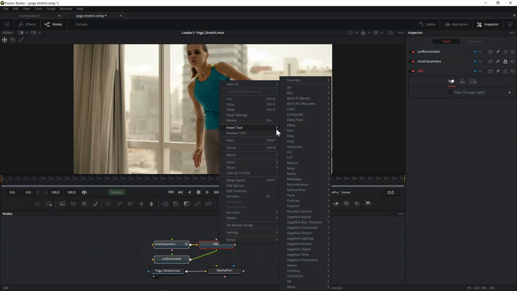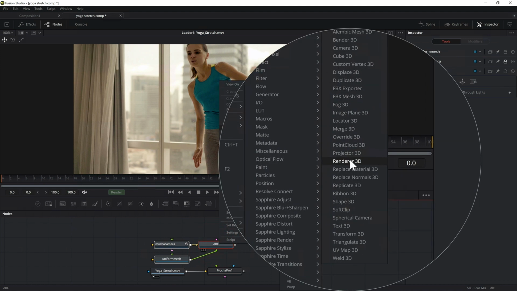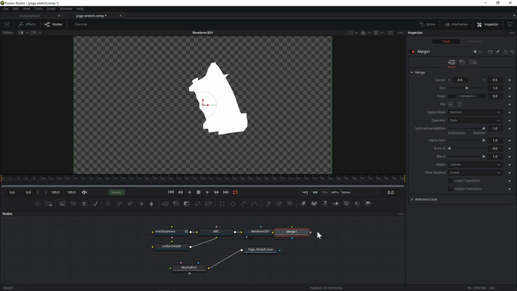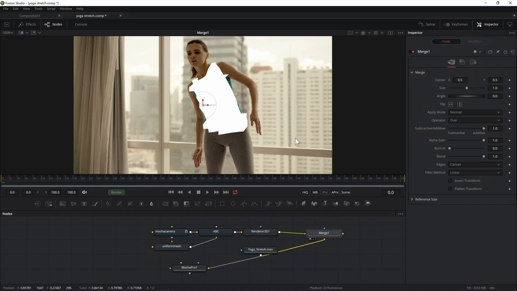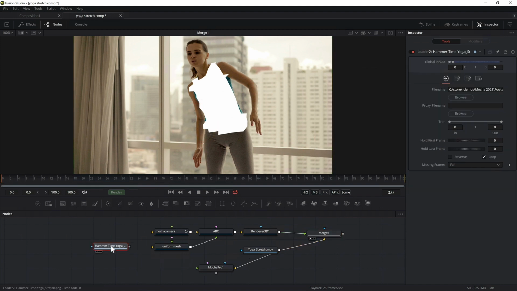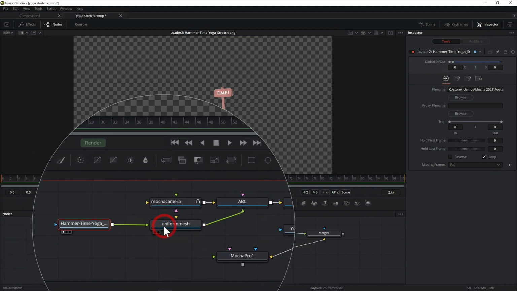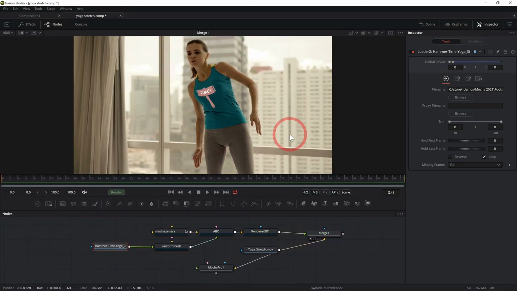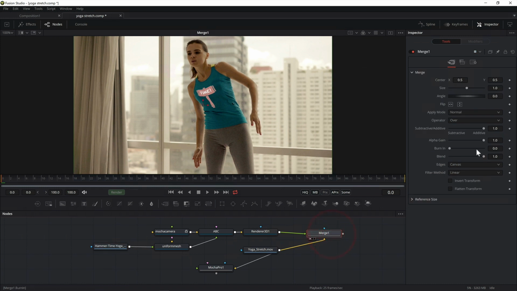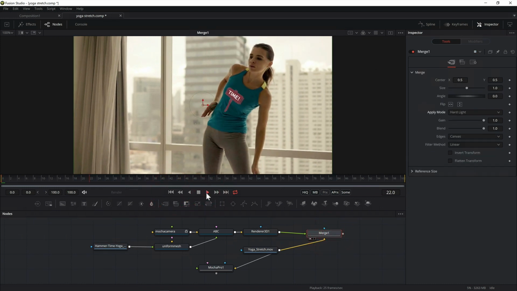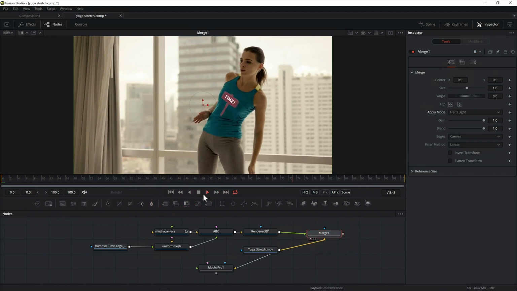Feed in the ABC node into the input of the Renderer 3D node. Merge the Renderer 3D node over the top of your source footage node. If you view the Merge node, the mesh should now be correctly projected over the top. Add an image or material to the input of the mesh node that is the same name as your Mocha layer name. This will then project the texture onto the mesh. Scrubbing the timeline will now show the texture warping over your original shot.